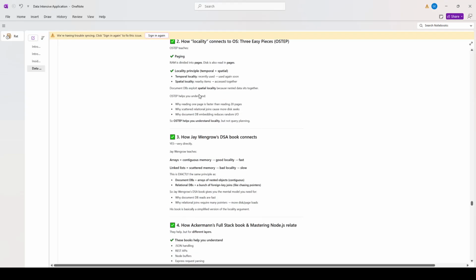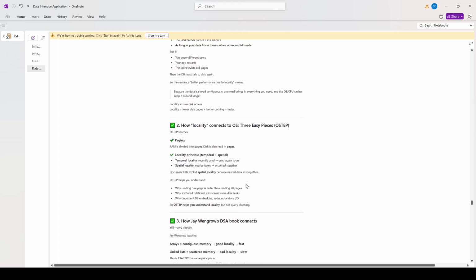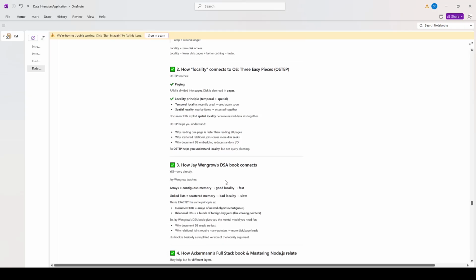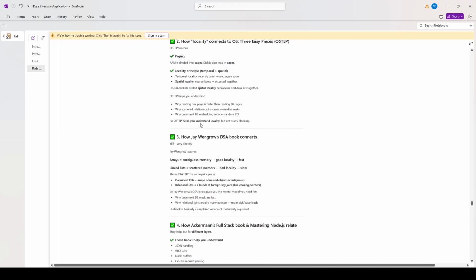Document DBs exploit spatial locality because nested data sits together. So of the principles we discussed in OS Three Easy Pieces, the one taken advantage of by the document database model is spatial locality. OSTEP helps you understand why reading one page is faster than reading 20 pages, why scattered relational joins cause more disk